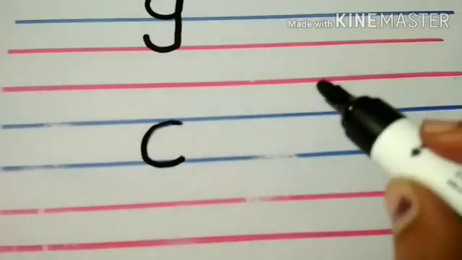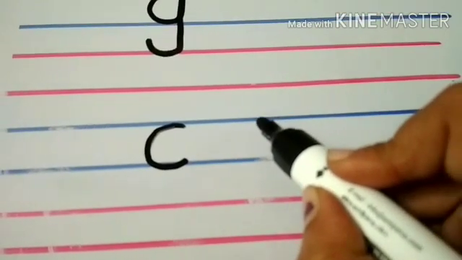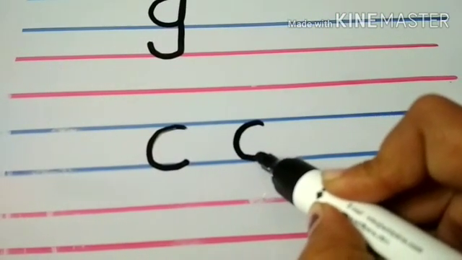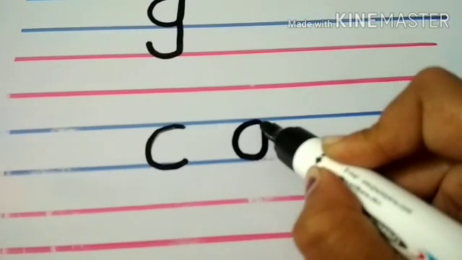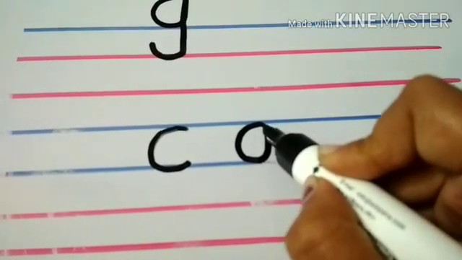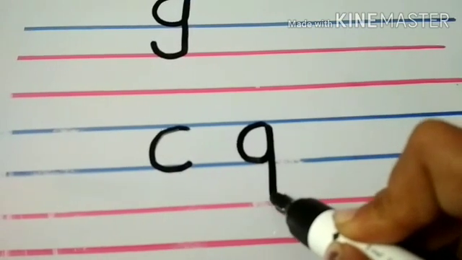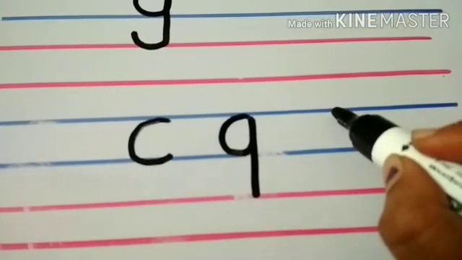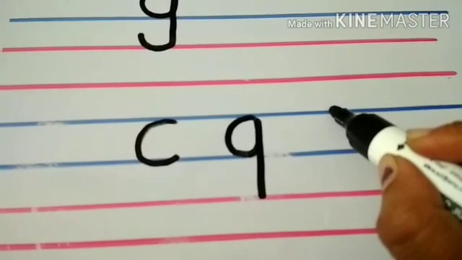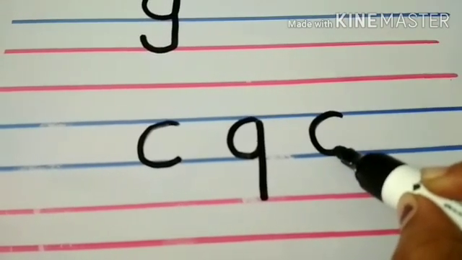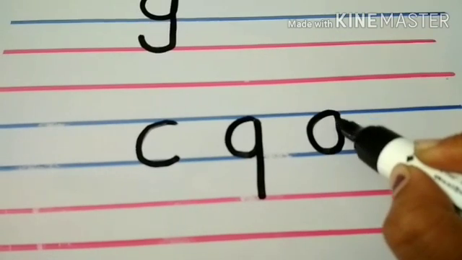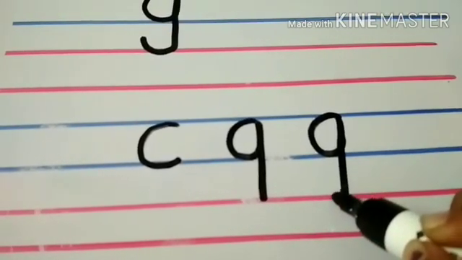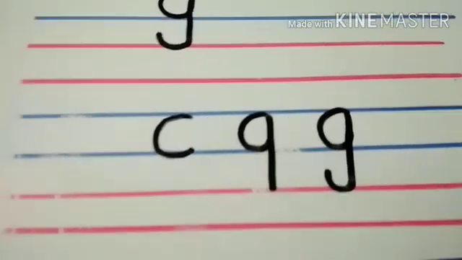Again look carefully. Keep your pencil on second line. Then make a curve till the third line. Then go up to the middle and join this curve. Then come down with the standing line. Again see. Keep your pencil on second line. Then make a curve. Then join this curve. Then come down with the standing line and take out slight curve at the bottom.